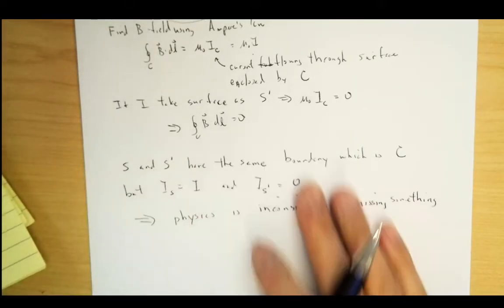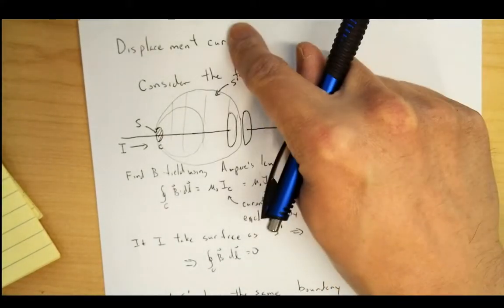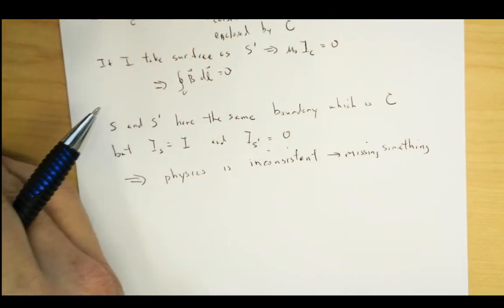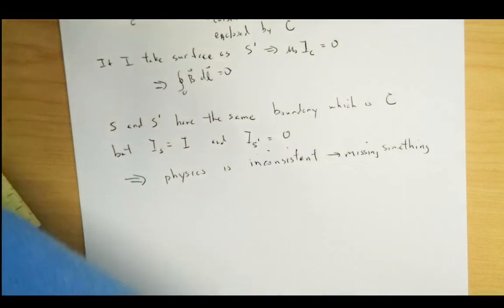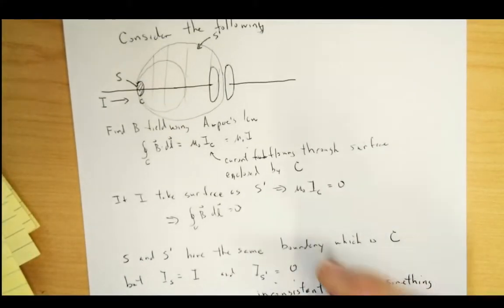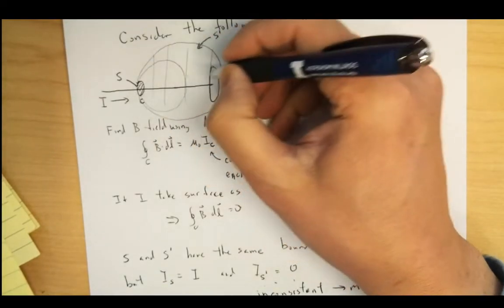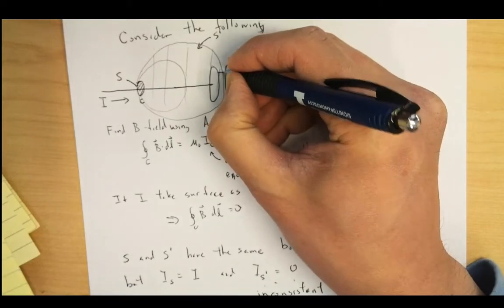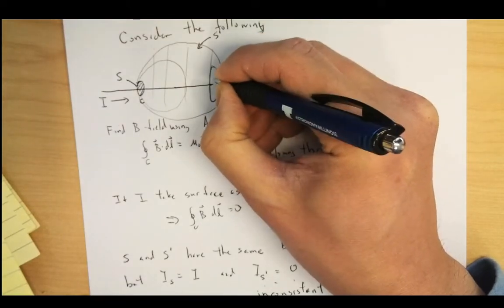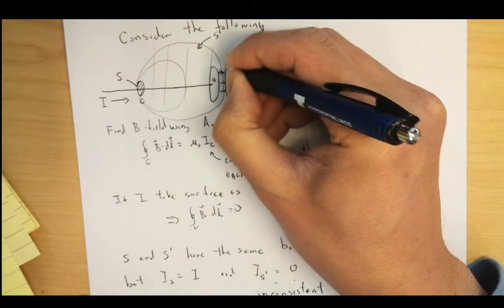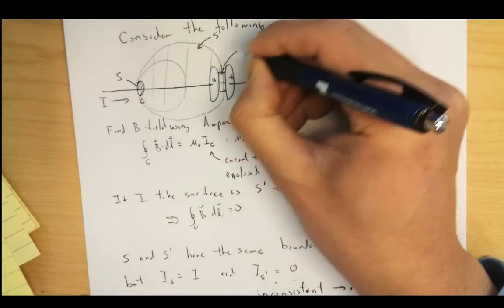And that missing something is actually going to be the displacement current. We're going to talk about that today. Let's go ahead and talk about what the displacement current means. What is different about this situation is that as this current is flowing in, there's actually something happening here. It's not like nothing's happening. What's happening is that charges are building up here, Q and minus Q. So charges are building up here, and so the E field is strengthening here. So basically, growth